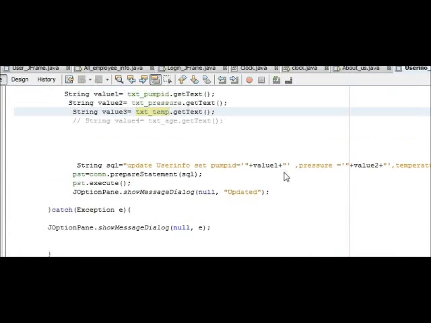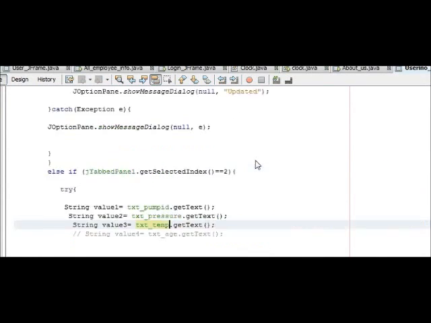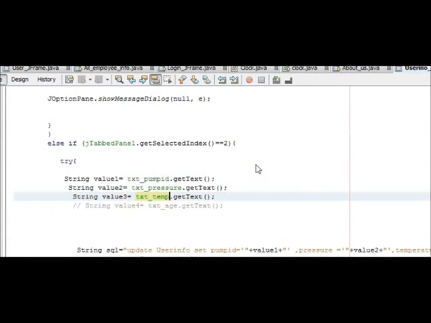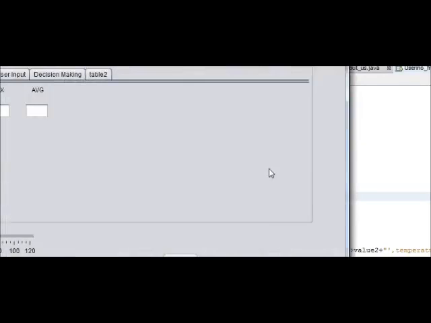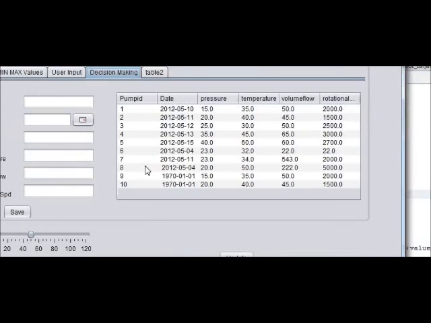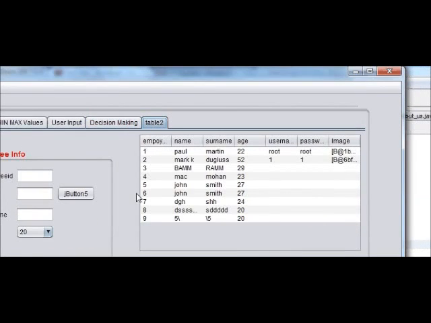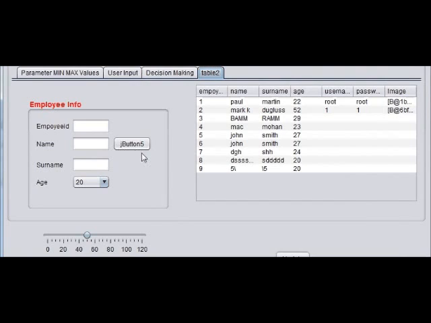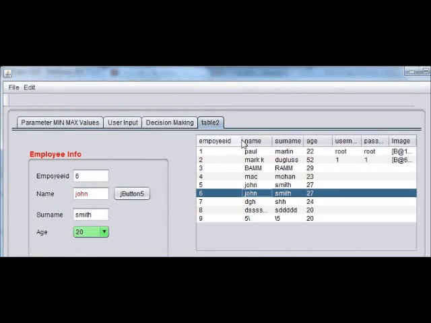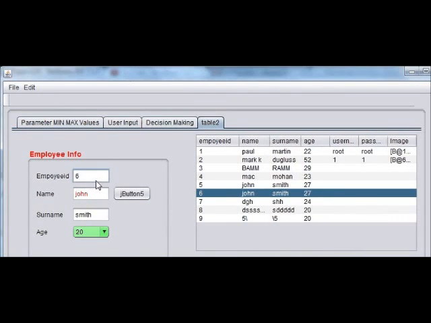So I think my code is complete, and I will try to run the program. Suppose I want to edit the value first of all in this table, the employee info table. So I want to edit, for example, employee ID 6. So I will change the name as